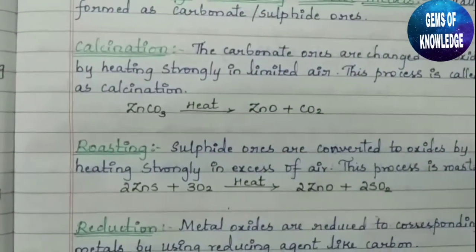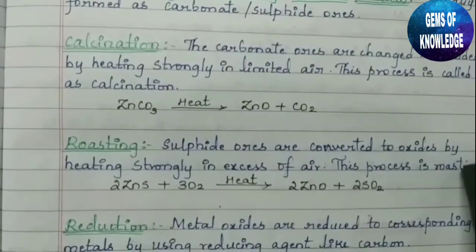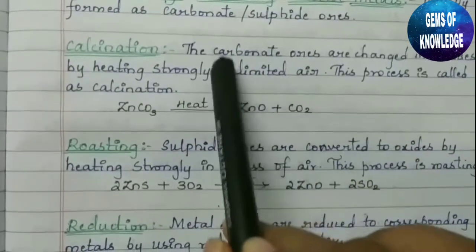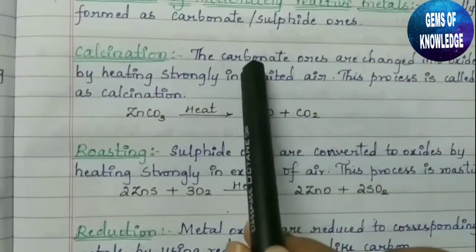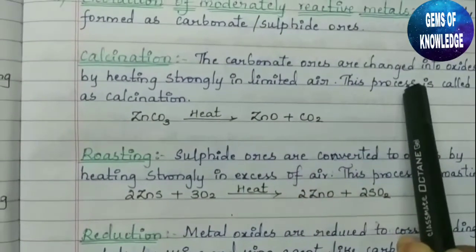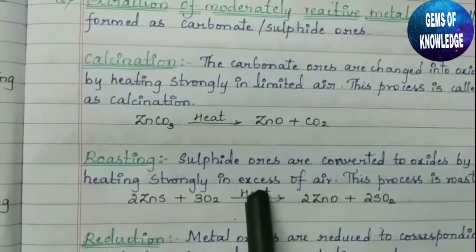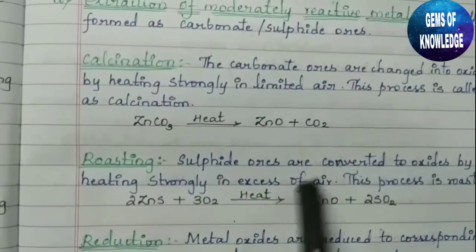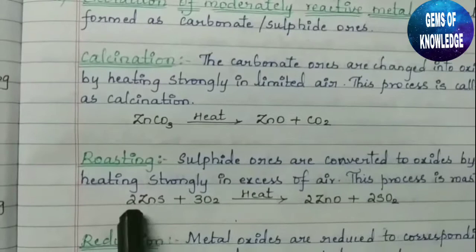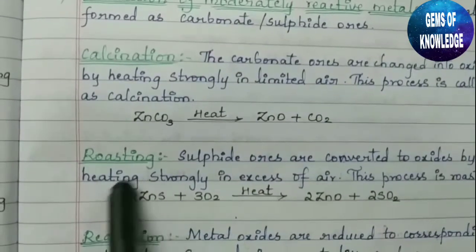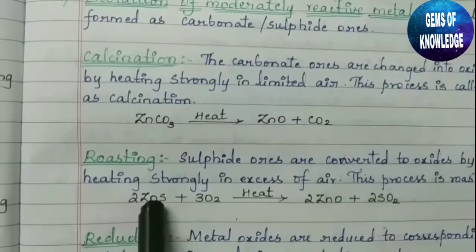So this process is called roasting. Here we are using only limited air to remove the carbonate ores and change them into oxide. But in the case of sulfide ore, we need excess air to convert it into oxides. Here you can see, when it is sulfide ore, ZnS, zinc sulfide,